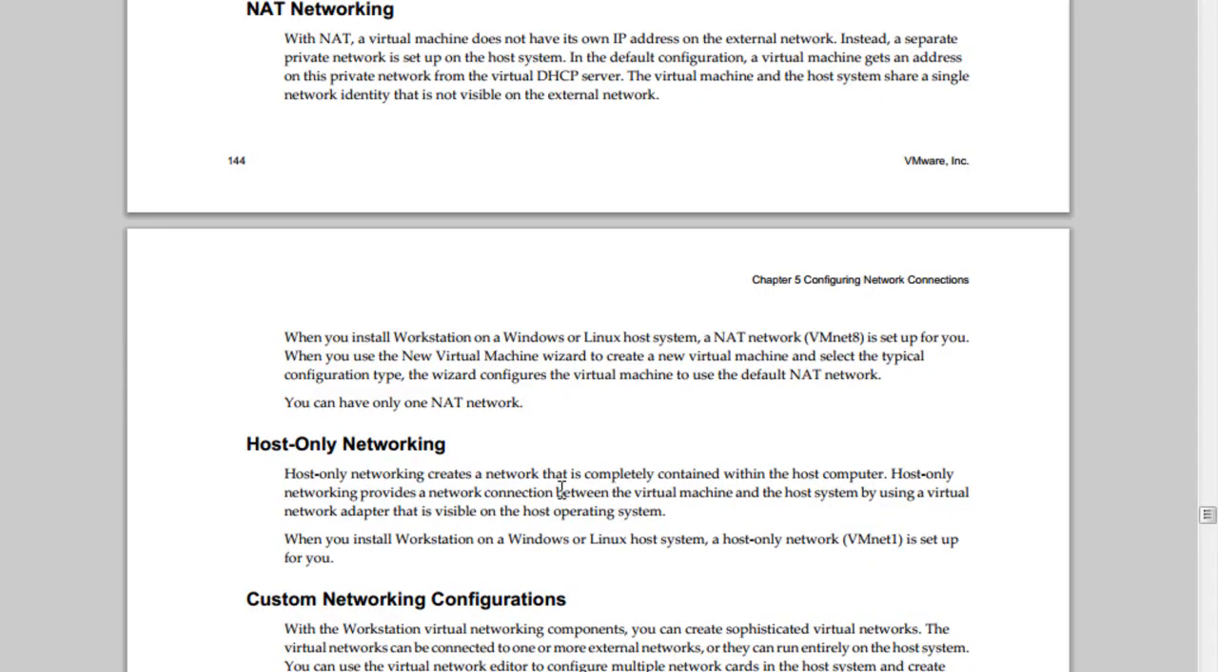Okay, so NAT. We all know what NAT is by now, network address translation. And so there's a NAT setting. With NAT, a virtual machine does not have its own IP address on the external network. Instead, a separate private network is set up on the host system, within VM Workstation. In the default configuration, a virtual machine gets an address on this private network from the private virtual DHCP server within Workstation. Okay? The virtual machine and the host system share a single network identity that is not visible on